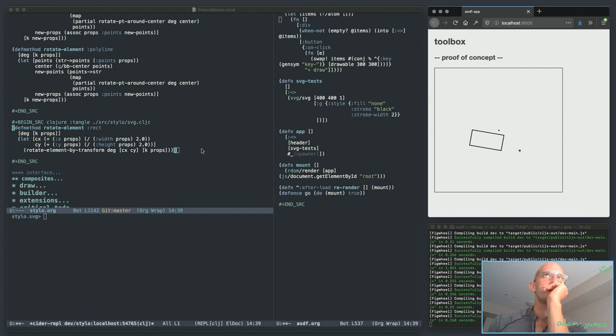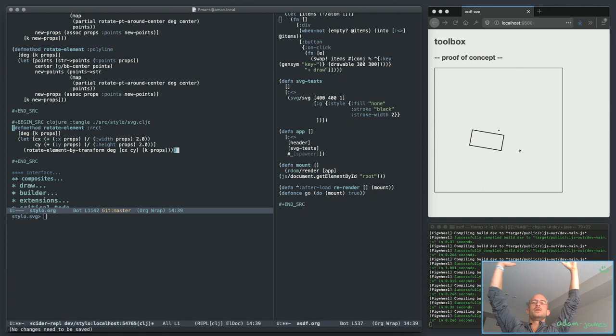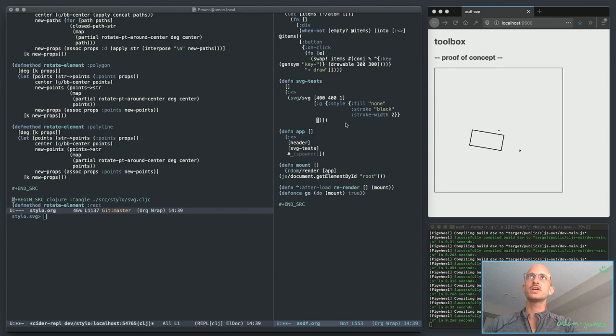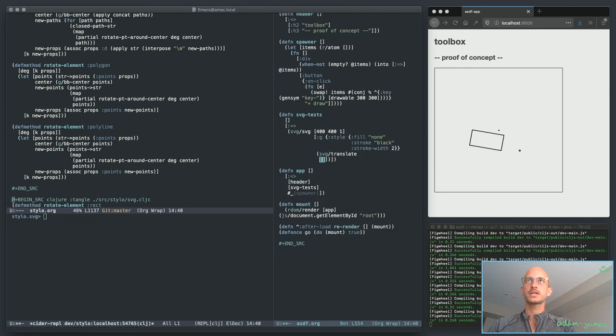Right. So my issue, this is big. This has become a bigger problem than I realized it would be. Well, problem's maybe the wrong word. It's a challenge, though. So what I have here is if I do svg/translate, I can translate